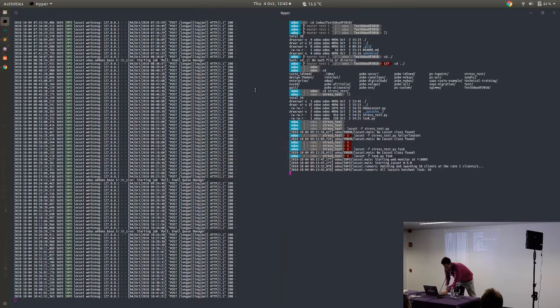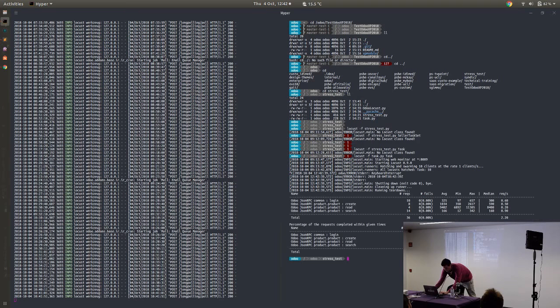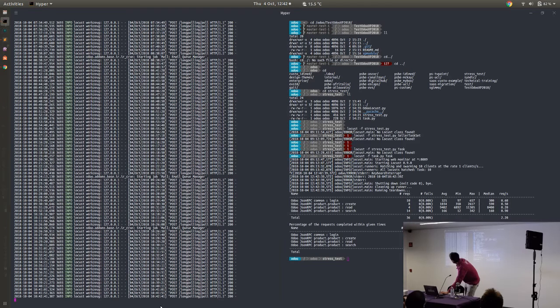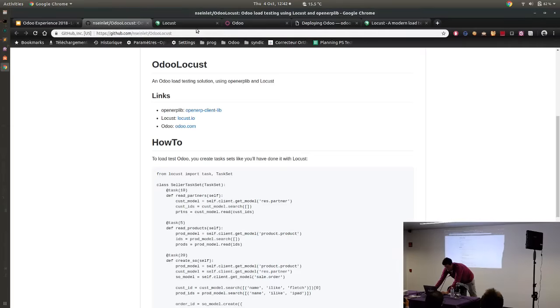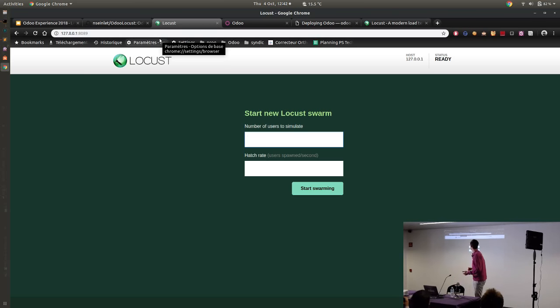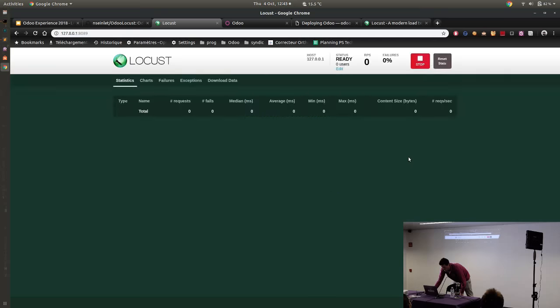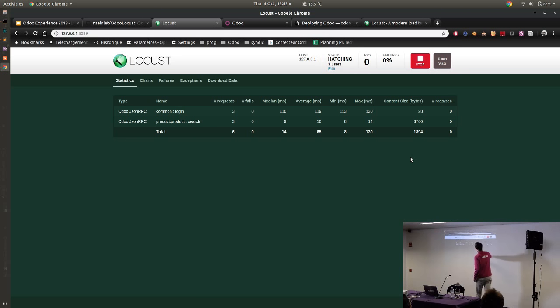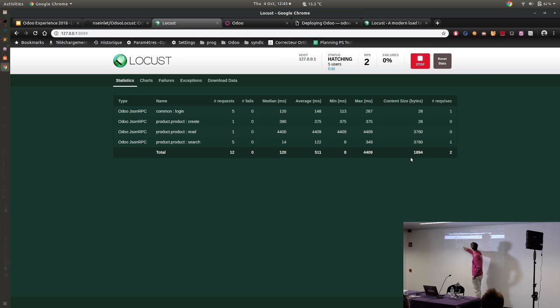So on the left you have my Odoo server, and on the right you have my Locust. I just start my Locust, and the first thing, Locust asks me how many users I want to simulate, and how many users I want to spawn per second. So for example, I put 10 users and spawn one every second. So I start, and here you can see that you have correctly my login, then a search, a read, and